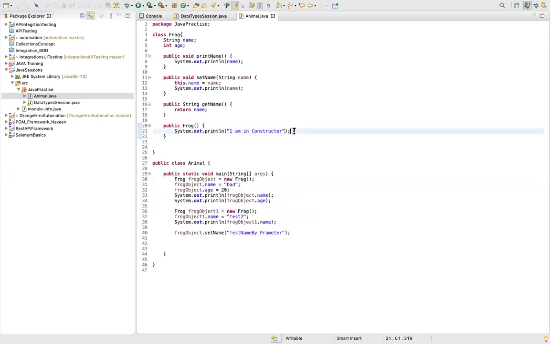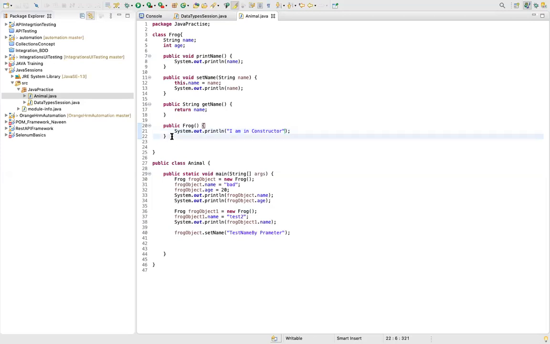Now, what exactly do we have in a constructor? There are many things. Even in Selenium, we saw there are multiple properties and many initialization methods which we have to have when the object of that class is created. Those things are mentioned in the constructor. Whenever someone creates an object of this class, you want these things to be done by default. That is why we have a constructor method.